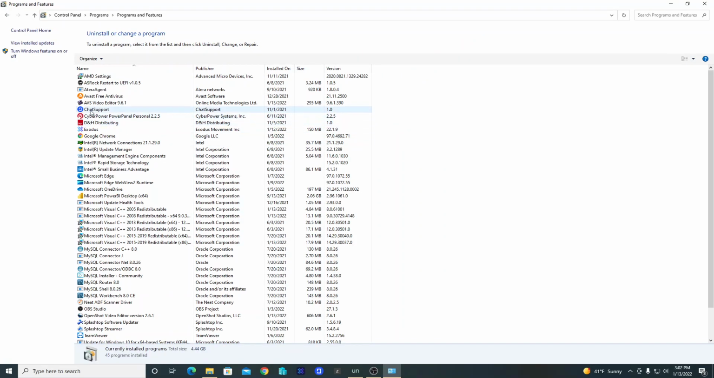and select the software or program, in this case, that you want to uninstall. I'm going to uninstall or remove the ABS video editor. You can double click or use the right click of the mouse to delete it. In my case, I'm going to use the right click